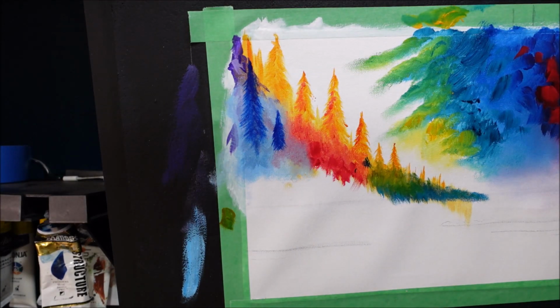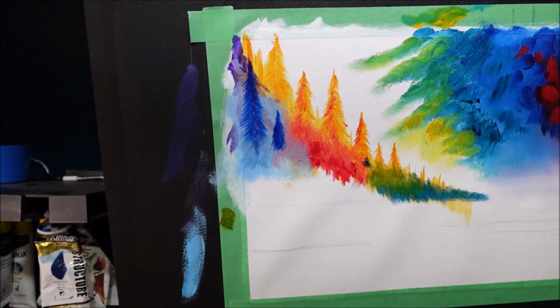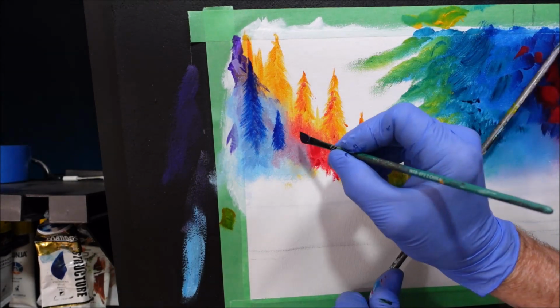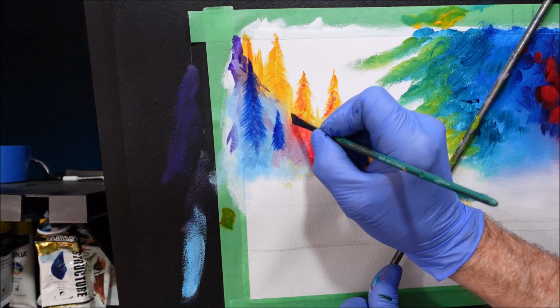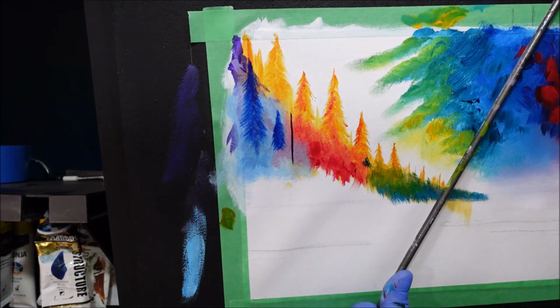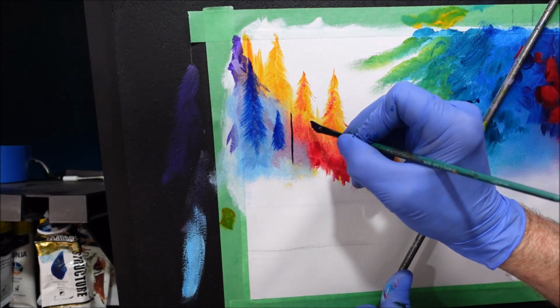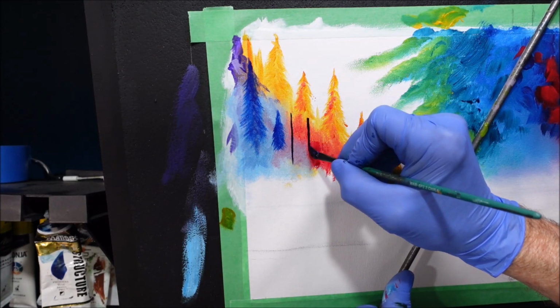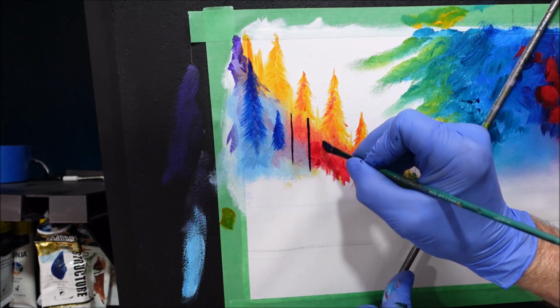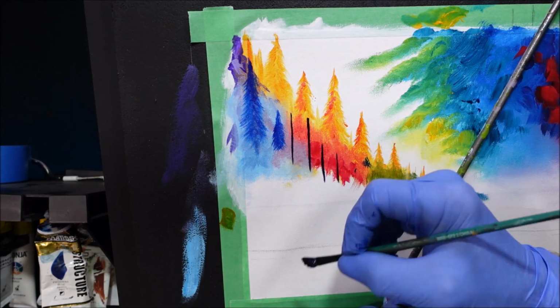Okay, now grabbing the phthalo blue and the permanent alizarin mixed together to get that deep purple, I'll use my mouse stick and I want to bring this colour right in front now, so he's going to be just peeping up there. I'll get the points where I want them first and then I'll start detailing them so you can see where I'm coming. We've got one there. I want one, where's another one about here, and then some little ones just tinkering through the red here, one, maybe one there,